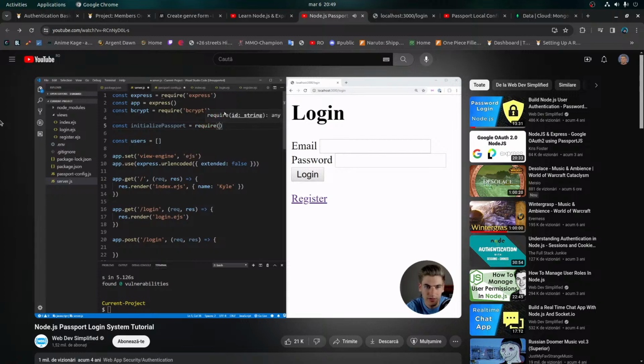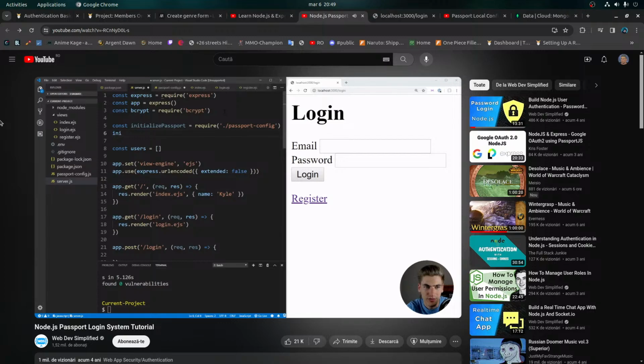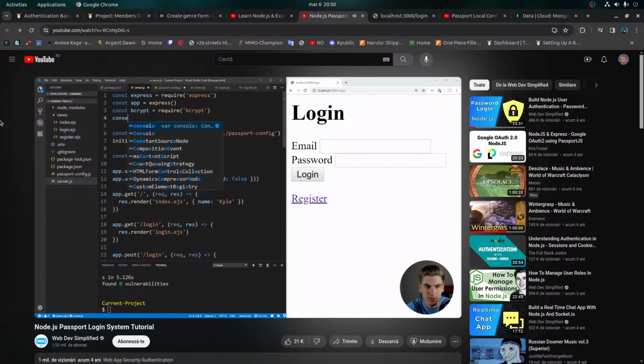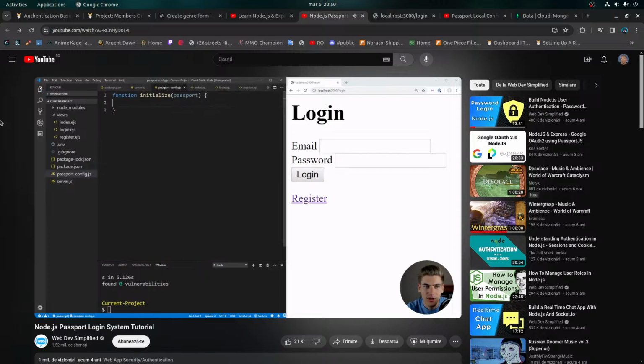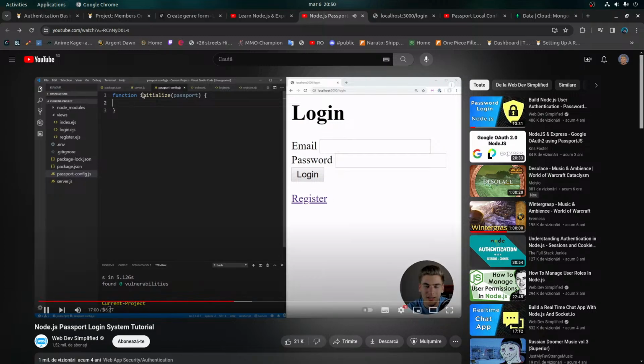require. And we want to make sure that we require here our passport-config. And then we can just call that function initializePassport. And we'll pass it in our passport variable, which we can just get by using const passport is equal to require of passport, which is just that library we just installed. Now we are calling this function initializePassport inside of our passport-config here, and we can do all of our configuration for passport inside of